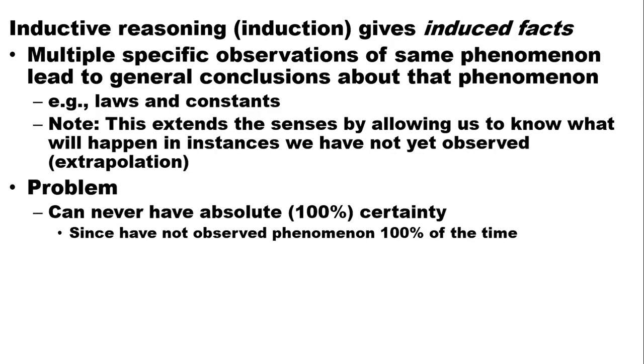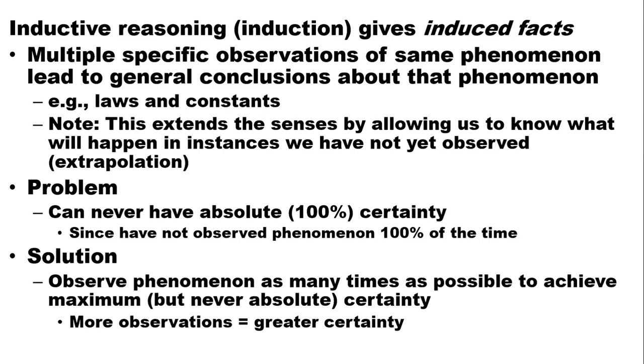The problem with inductive reasoning is that it does give us reasons to believe things about the universe, but it never gives us 100% or absolute certainty. To have absolute certainty, to know that this will always happen, we'd have to observe every time that phenomenon has ever happened, is happening right now, and ever will happen. That's the only way. Otherwise, we can't ever be sure that, because something happened this way the last 20 times, it won't happen differently the 21st time or the 21,000th time.